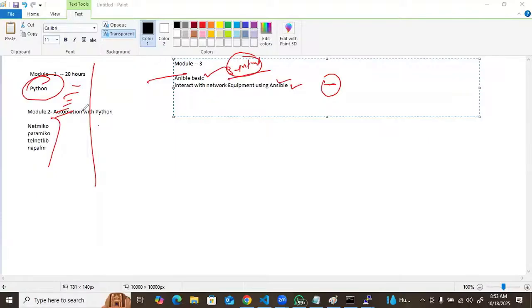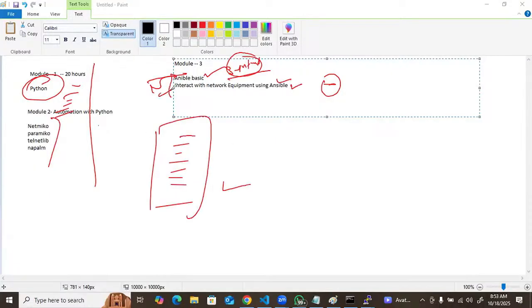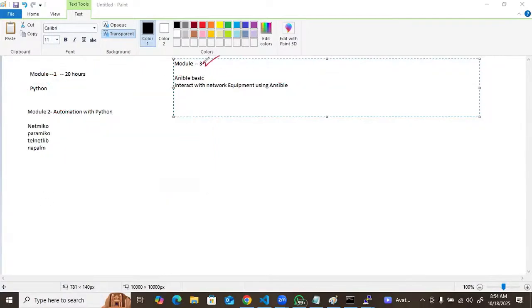In Ansible, you just need to understand the syntax. You don't need to learn programming, right? You can write in easy language in simple steps, and that performs the task. And for that, we have open documents. Got it? So that third module is Ansible.